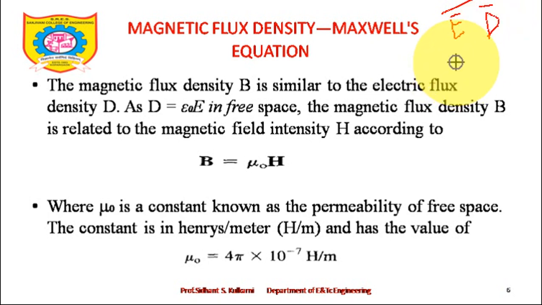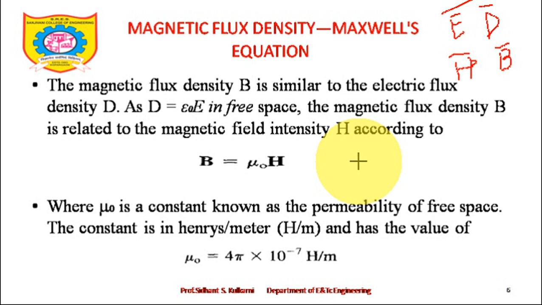So we have certain expressions like E bar and D bar, these fields in the electrostatic field. Similar to that, if I compare H bar, what is H bar? H bar is magnetic field intensity, and what is B bar now? B bar is called magnetic flux density, and that's what we are going to study today: how magnetic flux density is represented and what is the relationship between them. If you find it in an analogical way, or try to correlate it with what we have already studied, this becomes a very easy part for you to understand.